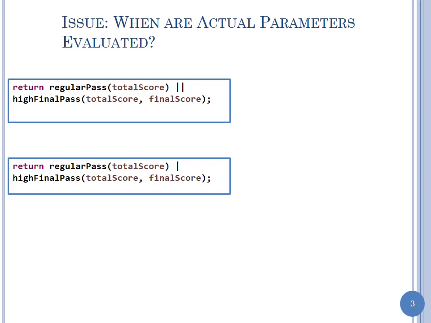So one is called the short circuit evaluation. The other is called the regular evaluation. The top one says that if the first value is true, if the left-hand side is true, I won't even bother to evaluate the second one. The second one says I'll evaluate both operands, no matter what. It's also called the bitwise OR, just because for bitwise operations you need that. Otherwise, why are you even doing this? Now, when you make a call to a regular method, not to this OR operation or an AND operation, which also has a short circuit,